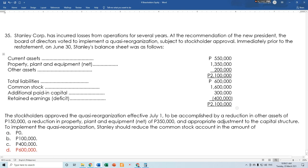Next, this will be the last. Stanley Corporation has incurred losses from operations for several years. At the recommendation of the new president, the board of directors voted to implement a quasi-reorganization subject to shareholder approval. Immediately prior to the restatement, ito yung mga balances natin. So the stockholders approved the quasi-reorganization effective July 1 to be accomplished by a reduction in other assets of 150, a reduction in PPE of 350, and appropriate adjustment to the capital structure. To implement the quasi-reorganization, Stanley should reduce the common stock account in the amount of...